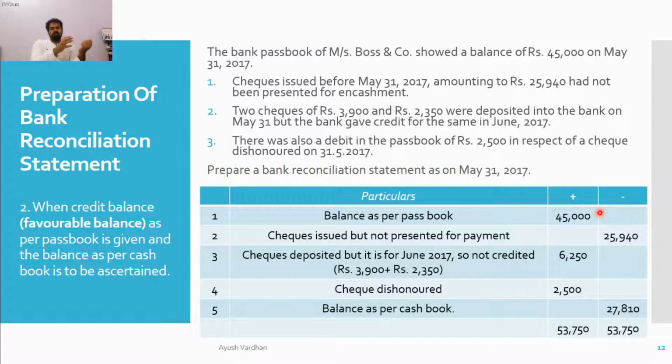But Bose and Co has issued it, so Bose and Co has to make an immediate entry of minus 25,940 rupees. So they have made a cash book entry of 25,940 rupees on the immediate basis, that is, in the target book,